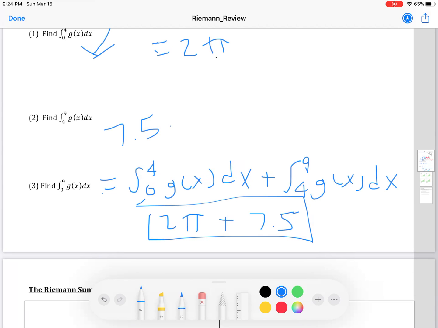Next video, we will be looking at the different types of Riemann sums and best practices in creating the Riemann sum computations. Please continue to enjoy